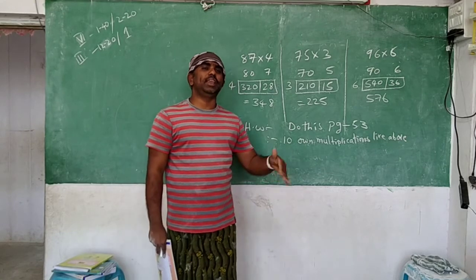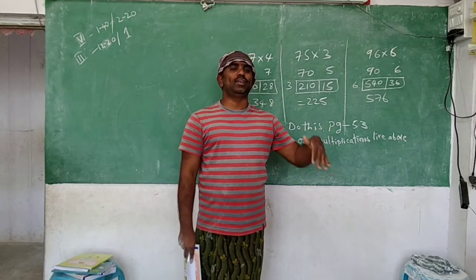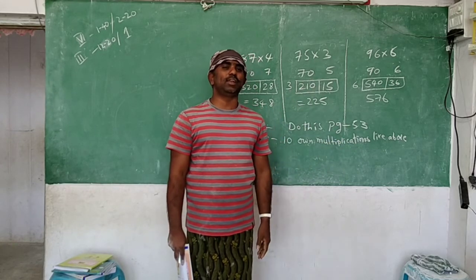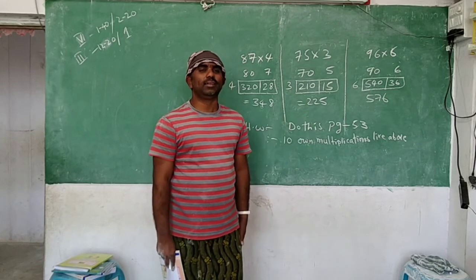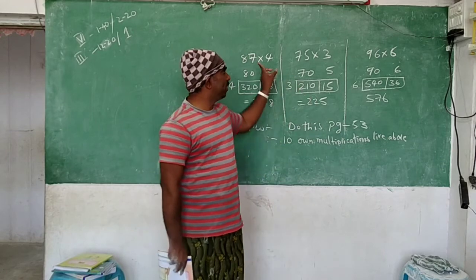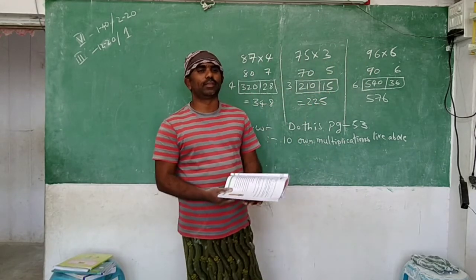Simple, you do one thing. Any one number you take, 38. 38 ones are 38, 38 twos are, 38 threes are, 38 fours are, like that you do. Means you write the 38 table. Otherwise write the 72 table. Otherwise write the 48 table. Anyhow, 48 ones are 48, 48 twos are, 48 threes are, like that take the 10 questions. Okay.